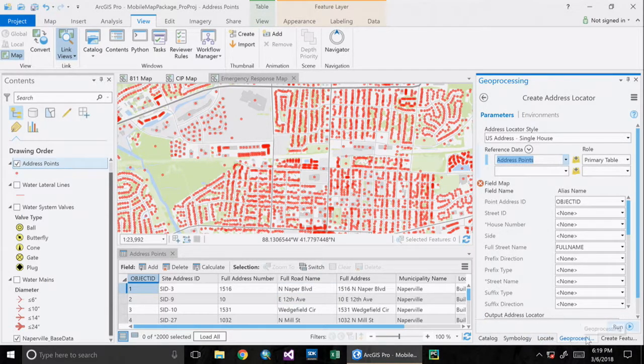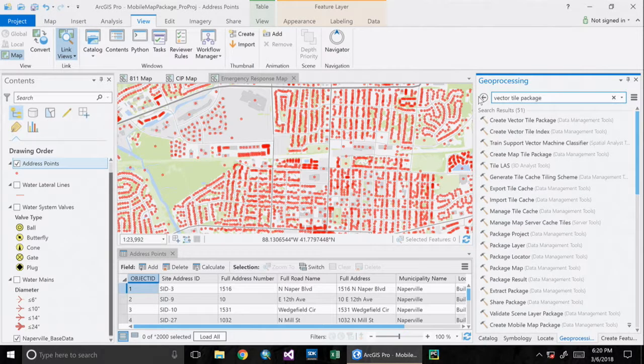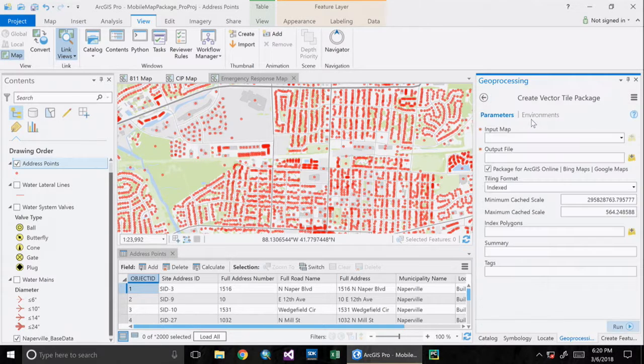The other thing, and I'd mentioned this before, but I want to give a preview of it as well, is a vector tile package. So that layer that exists at the bottom of the table of contents for each one of these three maps was created using this geoprocessing tool. So I had some data that I had already put together. I actually clipped it to my own extent for just this area of Naperville, Illinois. I went through, I made some symbology considerations, something that was aesthetically pleasing, intuitive in terms of the colors,